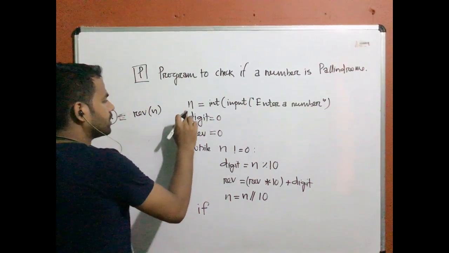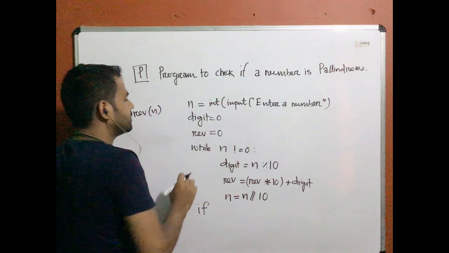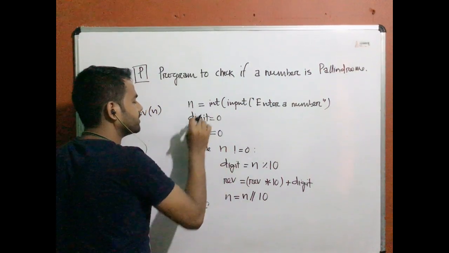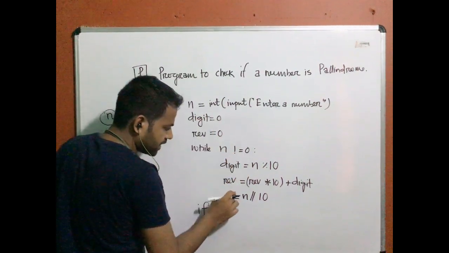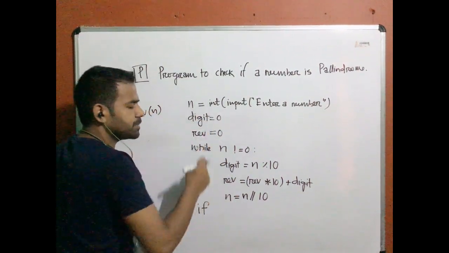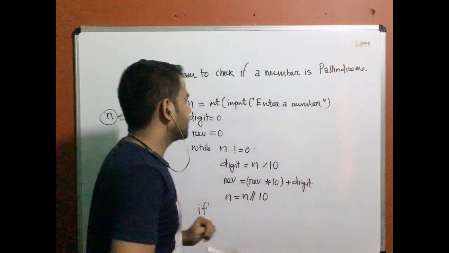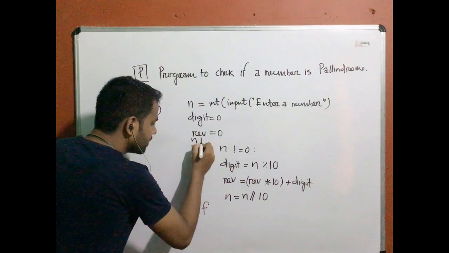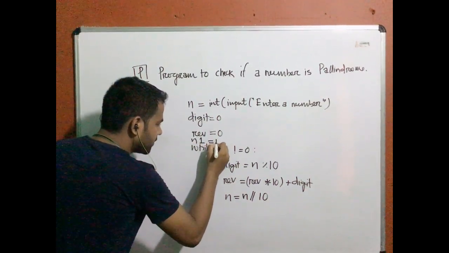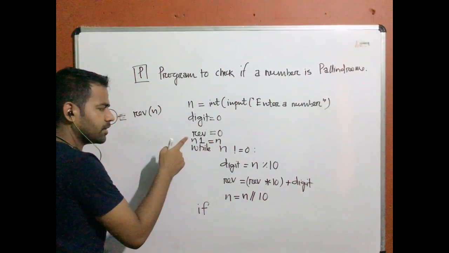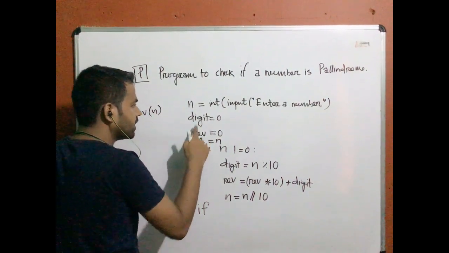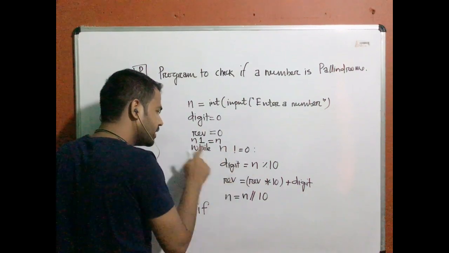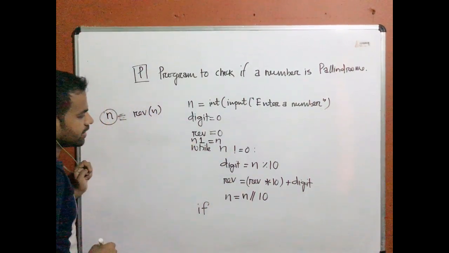So if you can observe, the input value was present inside the n variable, right? And we keep on modifying the n variable. This means we have lost the original data. To handle this, let me introduce one more variable, n1, to store the value of n. n1 here is a helping variable that maintains the original data. So n1 is a copy of n. Now we'll modify n, and we have the original data inside the n1 variable.